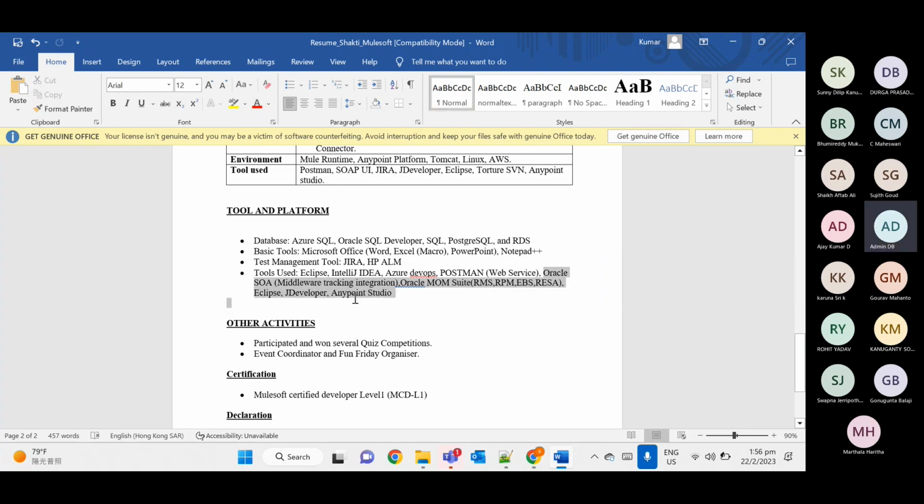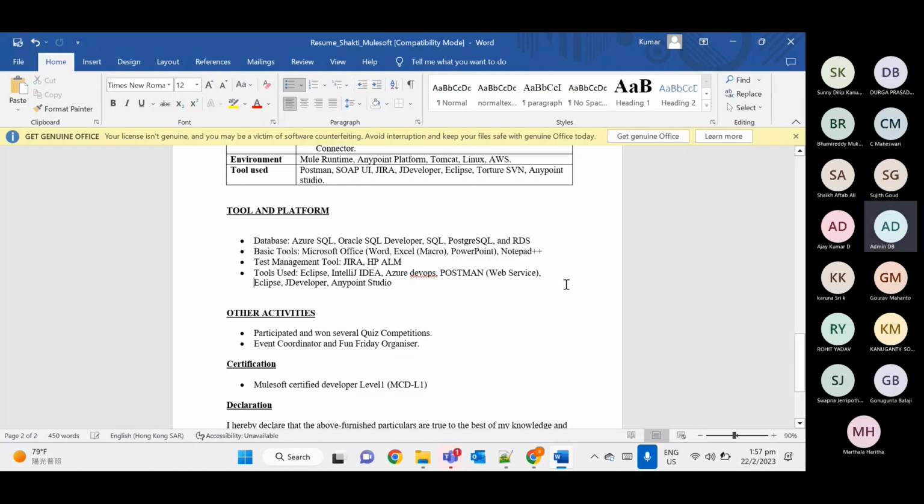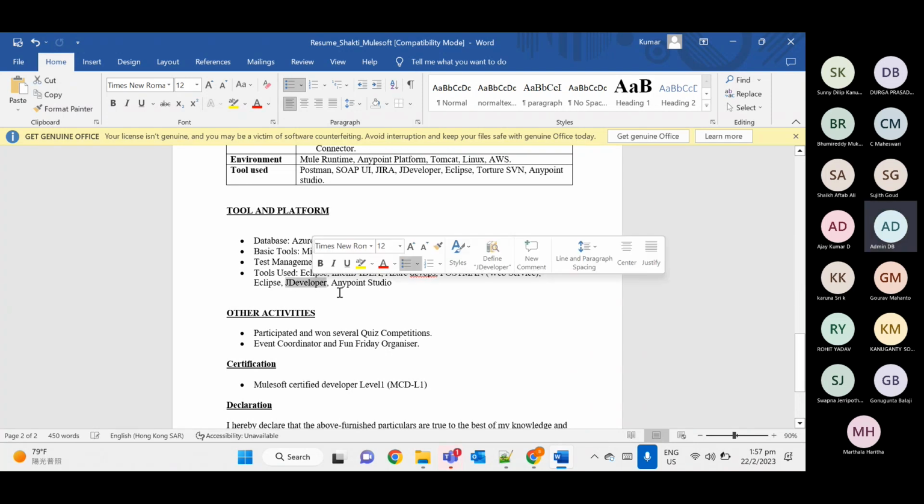They may ask where you used that particular tool. Remove this one. Eclipse is fine.